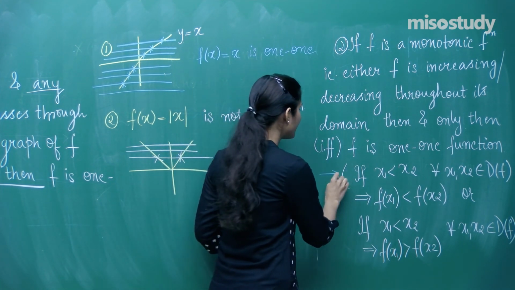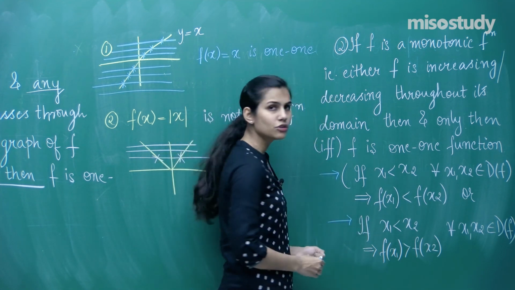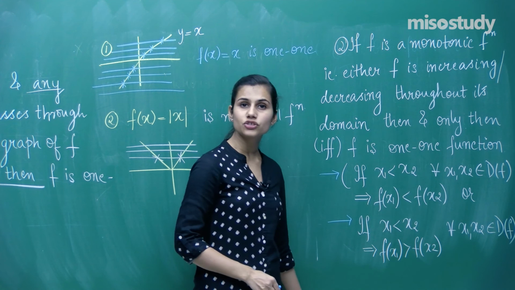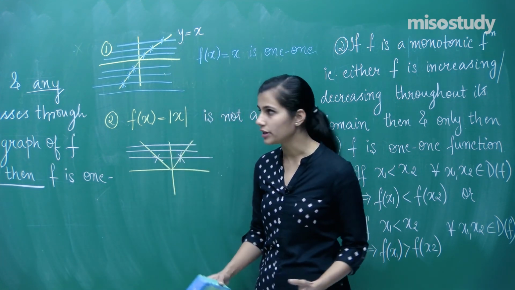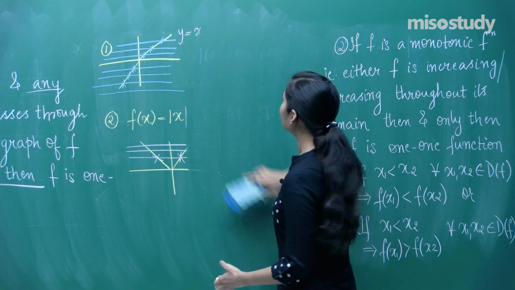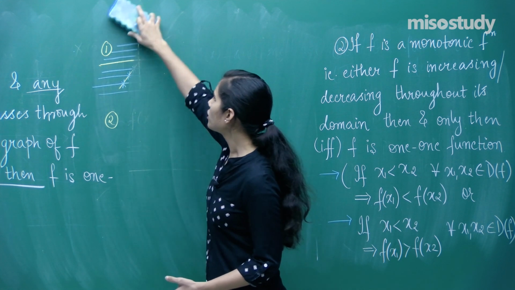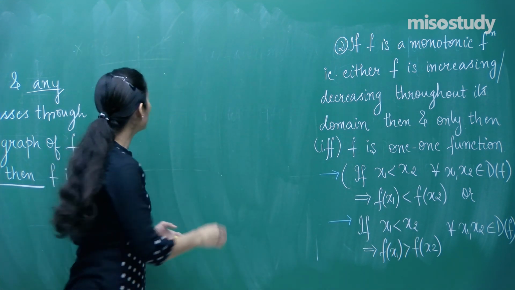Thus, either the function should be increasing throughout or decreasing throughout, and I will have that my function is 1 to 1. I call such functions monotonic. So I want my function to be either increasing throughout or decreasing throughout. If I talk about an example,